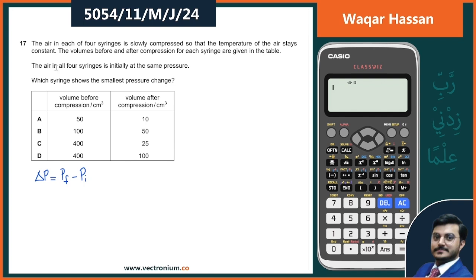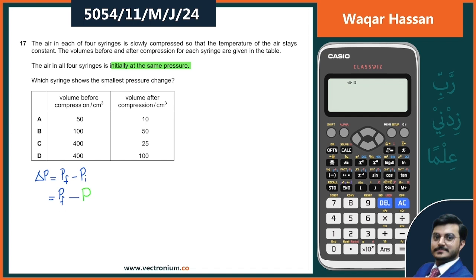As he says, the air in all 4 syringes is initially at the same pressure. So initial pressure is the same, and let's call it P. So now the equation becomes final pressure minus the initial pressure, which is the same for all syringes. Okay, so now we need to calculate the final pressure, and we can use Boyle's law, which states that